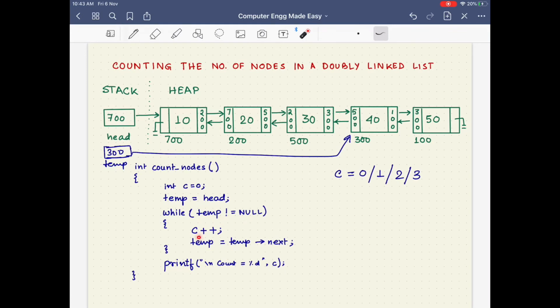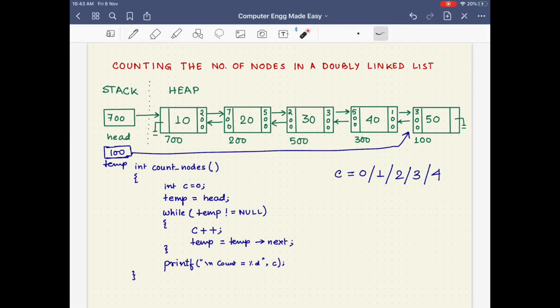Now again we check, is temp not equal to null? The condition is true. So again we increment the value of C. So C now becomes 4. And then we execute temp equals temp next. This means that 100 now gets stored over here, and this link no longer exists. But temp now points to the last node of the list.